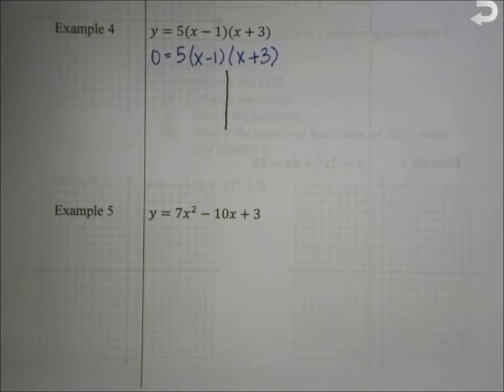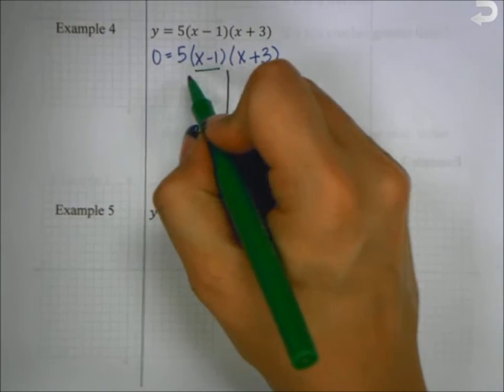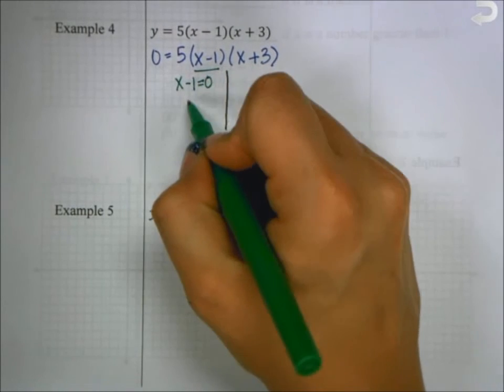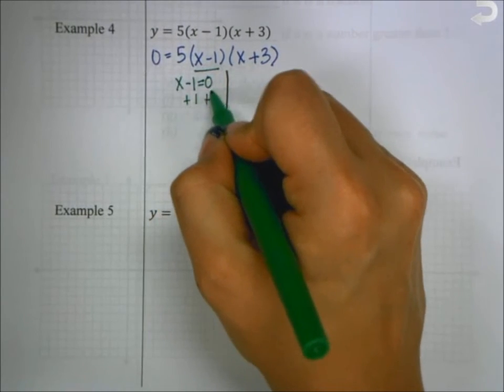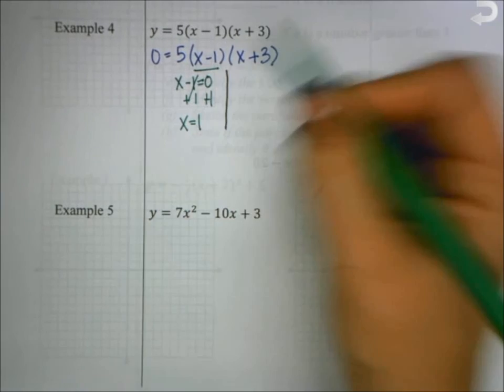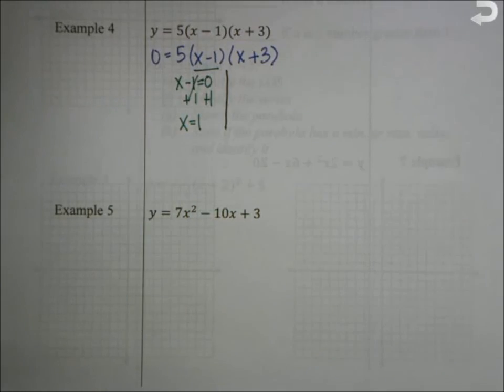So we have x minus 1 equals 0. Add 1 to both sides, and we get x equals 1. And x plus 3 equals 0. We subtract 3 from both sides, and we get x equals negative